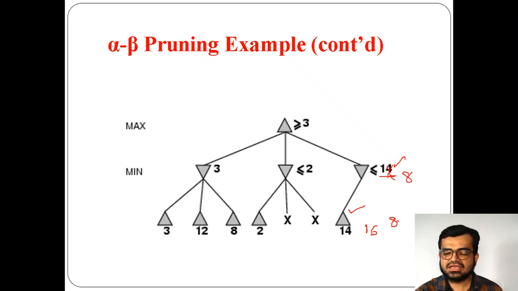But if I am taking 16, it won't be updated. Even if I am taking 14, what happens? If I am taking 14 here, then the result might update finally, but we still have nodes which are available, so there is no need to prune here. Why? Because here alpha is 3 and beta is 14. So now alpha is less than beta. That's why there is no need for pruning here. Still, if the nodes are available, we have to check them.